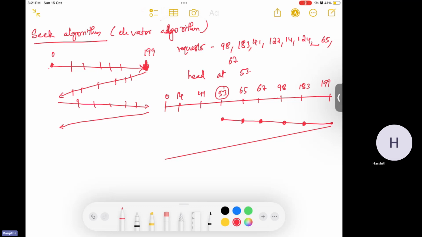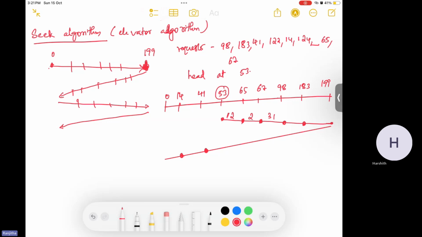So here, on the way back, 41 will be served and 14 will be served. Okay, so the number of movements that this algorithm requires is 65 minus 53, which is 12, then 67 minus 65, 98 minus 67 is 31, 183 minus 98 is